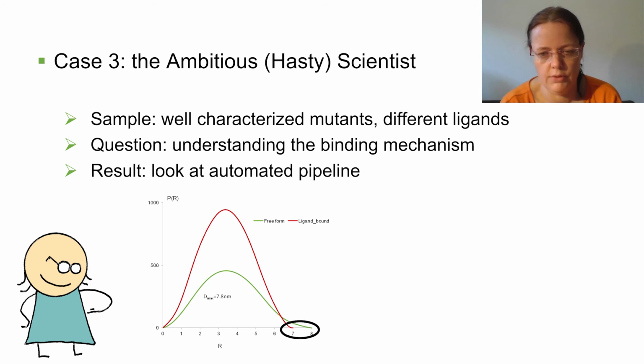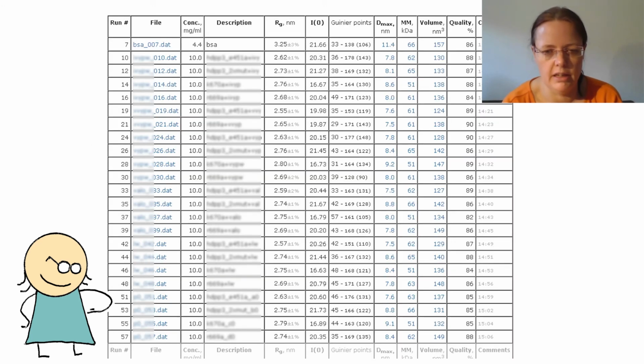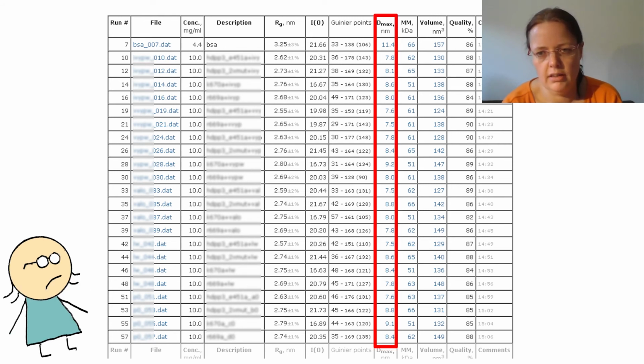So he realized, if I do the theoretical curves and calculate the Dmax, I'll see the large Dmax for the open state, shown here in green, and then the reduced Dmax for the closed state after the ligand has bound. And this would be a great way to screen many different ligands and many different pHs. So the scientist came to the beamline trying to get the most out of the beam time, and measured many pHs and different peptides, and was just going to detect the Dmax, but unfortunately the values were all over the place and not really close to the ones he was expecting after his calculations.